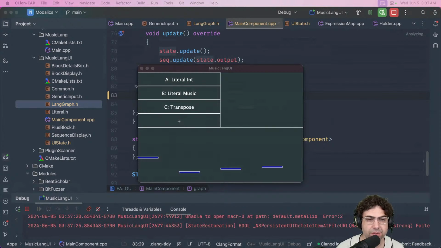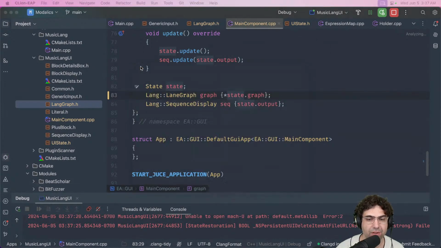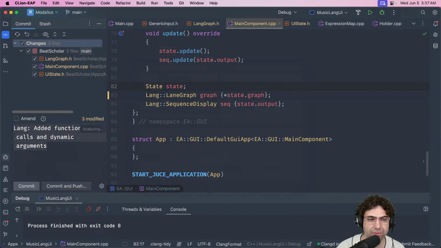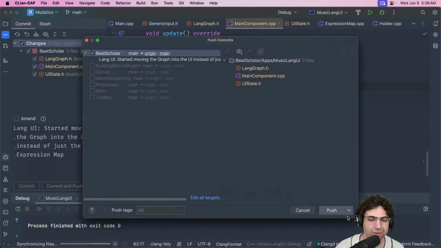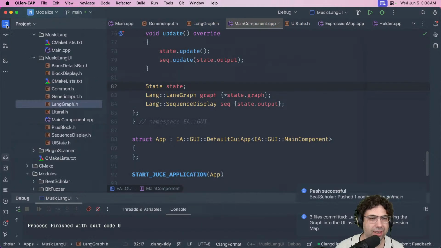Okay. So good, it's compiled. So that's the first thing I want to do. I'm just going to commit this because it's a very boring change. I'm going to call this line UI: started moving the graph into the UI instead of just the expression map. Awesome. Okay. Pretty good.